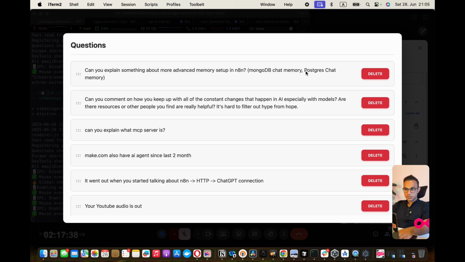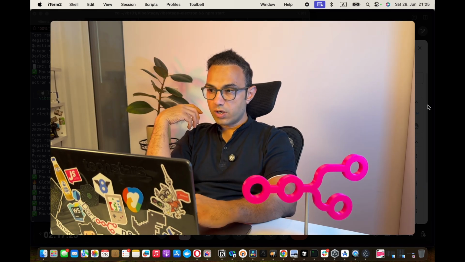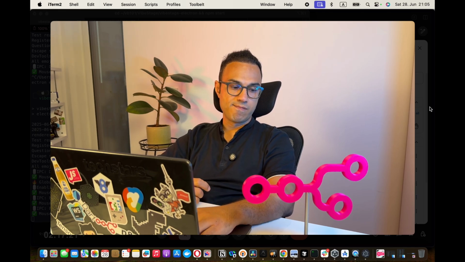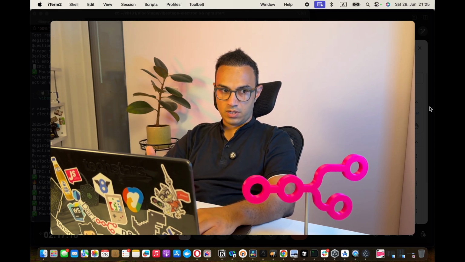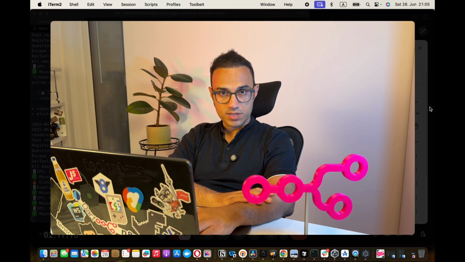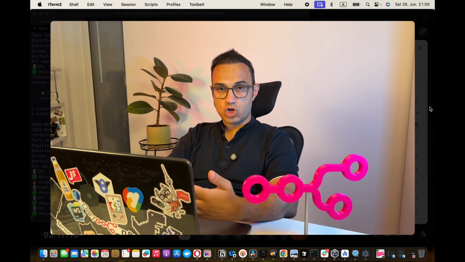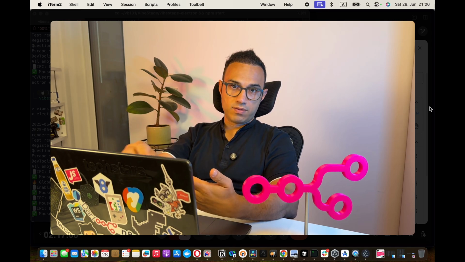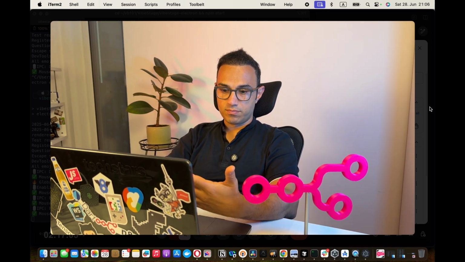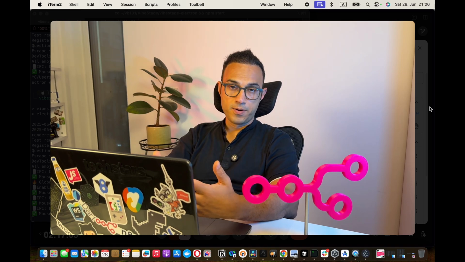In the next workshop we have on the 26th and 27th, free of cost, the link is already shared to join, we'll be using Postgres. We'll be using Supabase for permanent memory. The use case is that we're building a voice CRM. You meet someone randomly at a meetup. You connect with them on LinkedIn. We build a front end, a Next.js app connected with Supabase Postgres, using the vector database, using RAG.